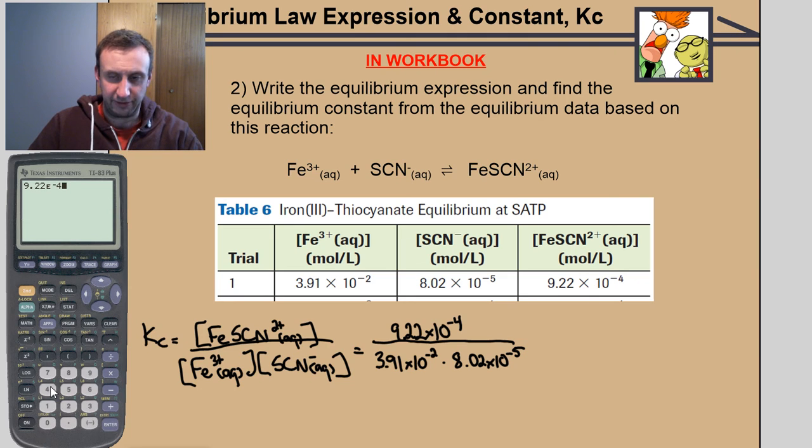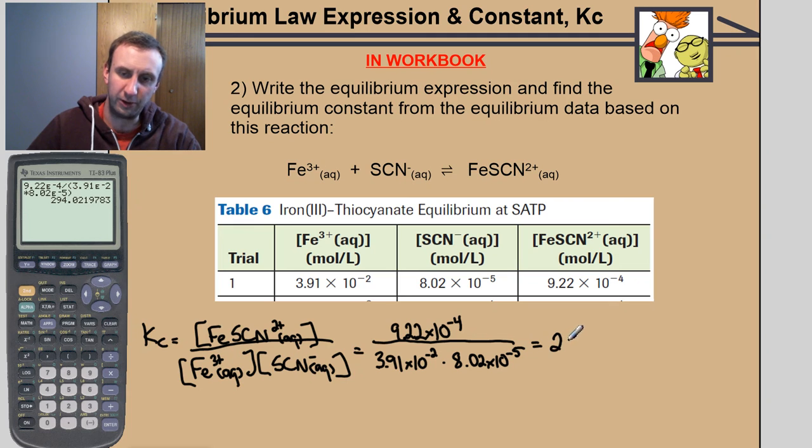Did I do that right? Yes, I did. And then divided by, I'm going to put brackets here. I've got 3.91 second E negative 2 multiplied by 8.02 second E negative 5. And I get a final answer here. I'm just going to double check my values to make sure that I'm completely on track here. Always good to do before you press enter. Looks good. When I press enter on this, I get an answer of